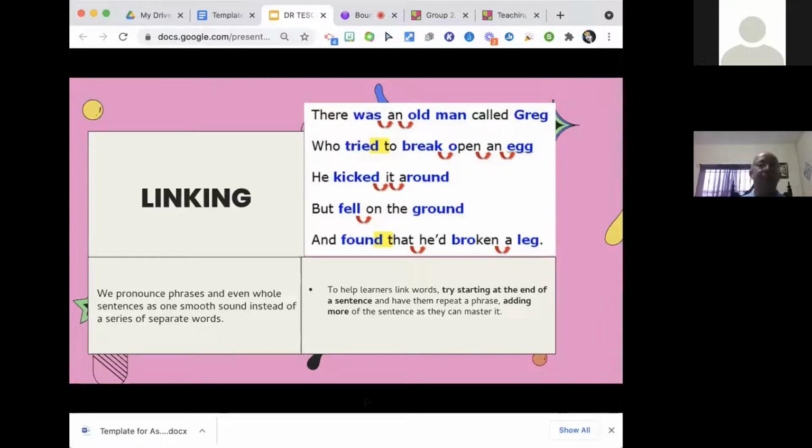You see where it's yellow there, tried to. When you have those hard sounds at the end and the beginning, you're not going to really hear tried to. It's going to be blended. Who tried to break open an egg. Okay, so it can be helpful to learners to just start to build up to be able to link words